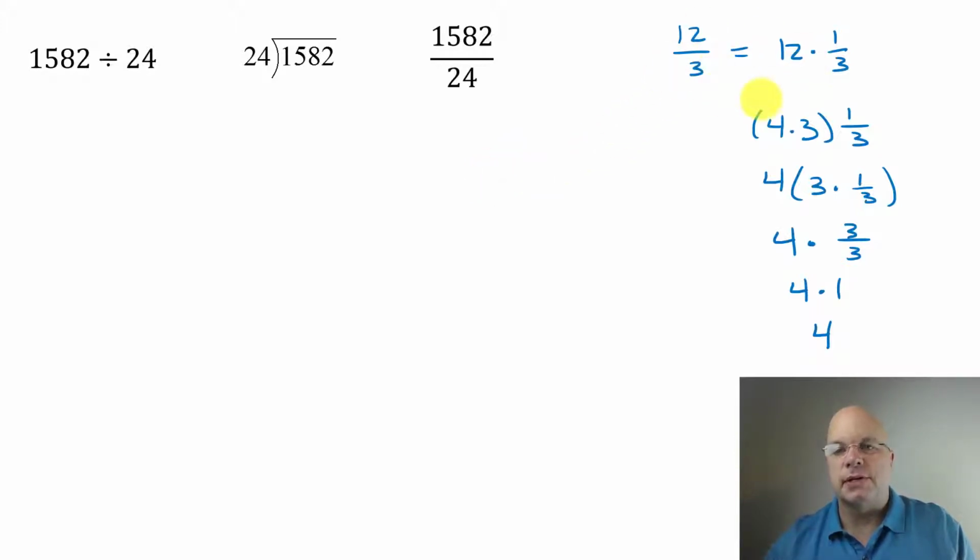I mention that because we're going to come back to this idea when we talk about the remainder. But anytime you're dividing, you're just multiplying by the reciprocal. That's why we show it in fraction form often. Okay, so if we have 1,582 divided by 24,